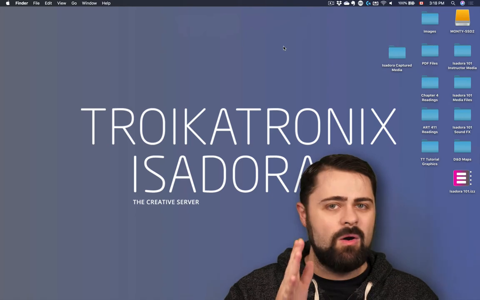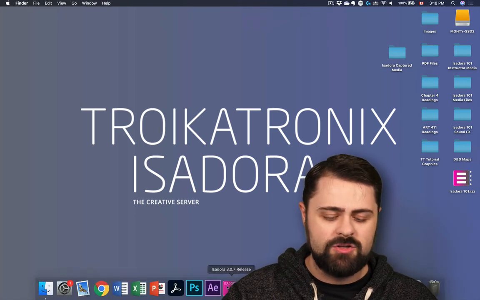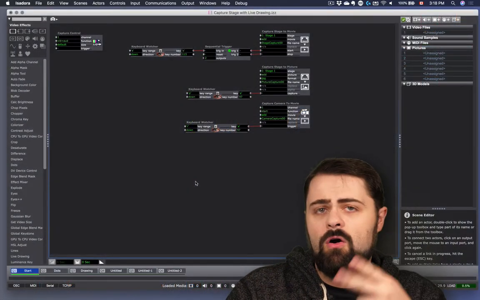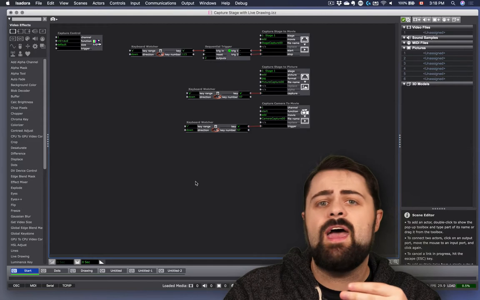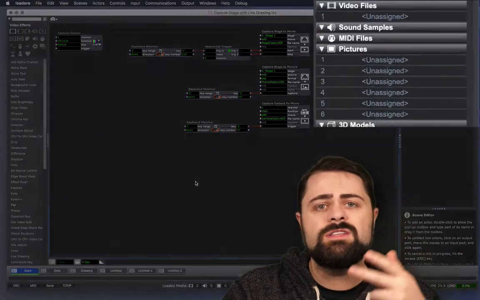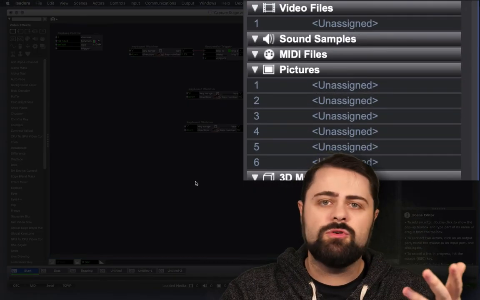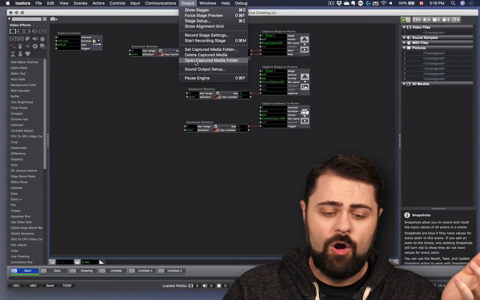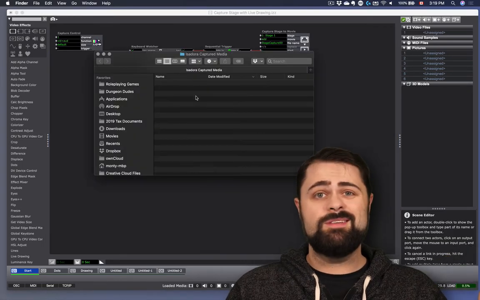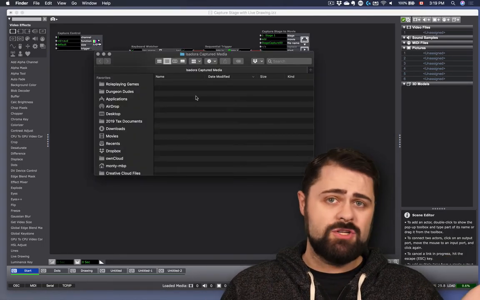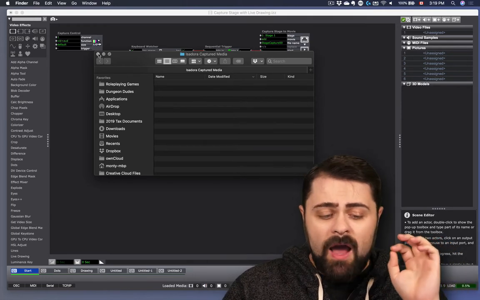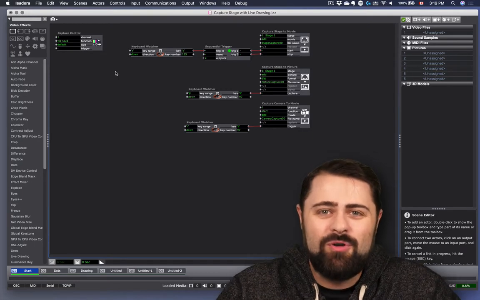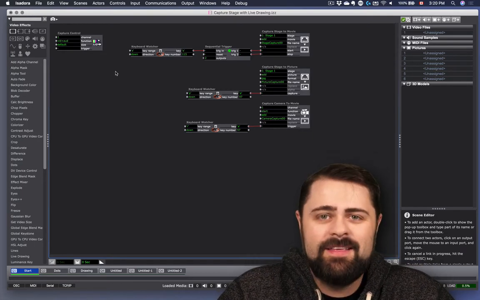Great. Now, let's launch Isadora again and open up that project. Okay, so I've opened the project back up again, and you'll notice that all those spots in the media bin that used to have files on them are now marked as unassigned. They're placeholders. They're empty. And so you'll see here, if I go to Output, Open Captured Media folder, everything's gone. So I wiped my project out. So be mindful of these things when you are using these functions. Plan your project carefully and definitely think about backups.